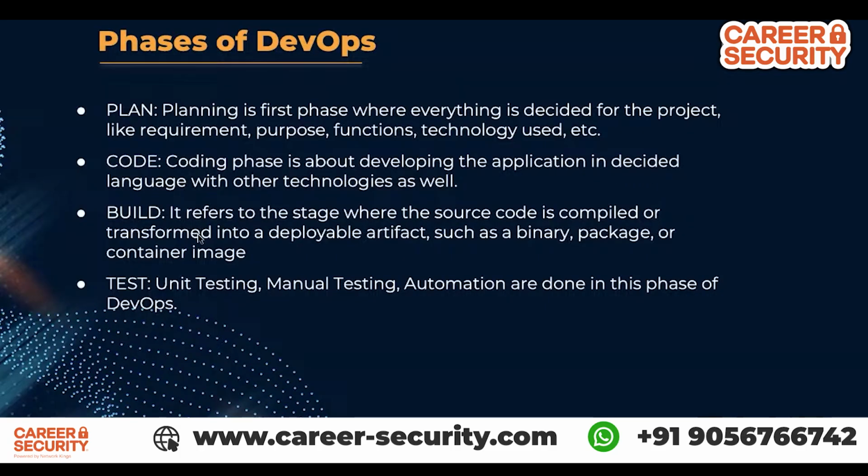After that, maybe thousands or hundreds of code files can be there. But if we want to ship a product to a customer, we cannot ship the whole code, hundreds of files. So what we do is compile that code or make an artifact out of it, or a binary file, or a package, or a container image. Then we ship that to the